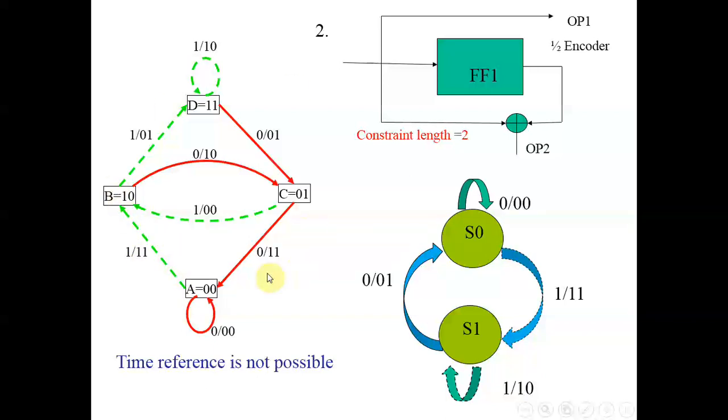If you observe this state diagram carefully, you will see I am showing dotted lines and solid lines. So the convention is solid lines are the transitions when the input received is 0, and dotted lines are the transitions when the input received is 1. So whenever you are in any of the states, when you receive input 0, we show the transition using solid line, and if the input received is 1, we show the transition using dotted line. So let's verify for one more state.